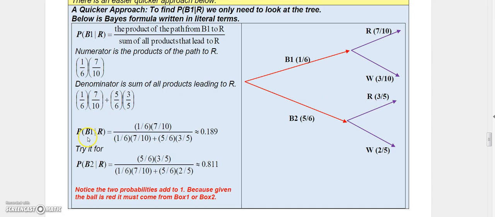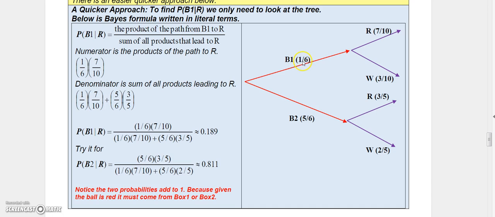And so the probability of B1 given R is just 1/6 times 7/10 over 1/6 times 7/10 plus 5/6 times 3/5, which is 0.189. Now let's try it for the probability of B2 given R. So using the same premise, the numerator would just be the product of the path from B2 to R, 5/6 times 3/5, so you see that's the numerator, and the denominator would be the sum of all products that lead